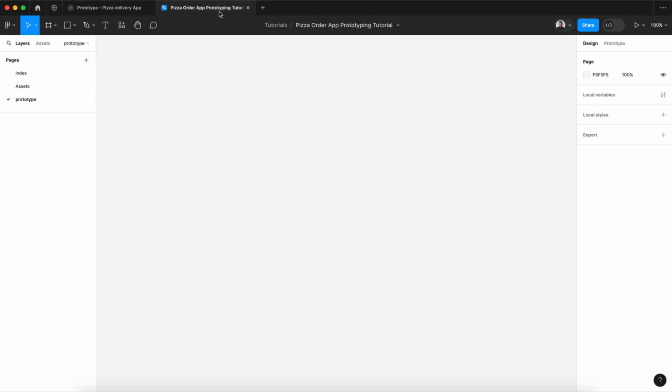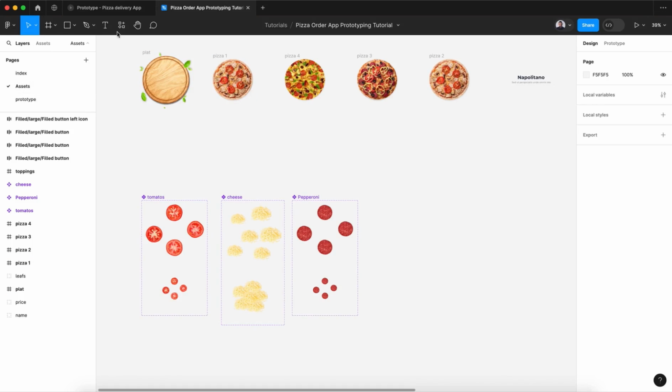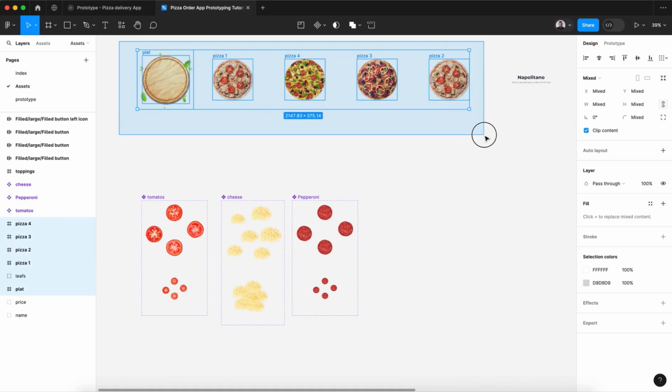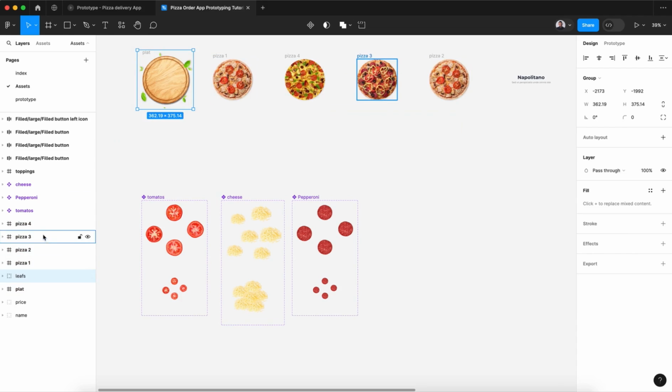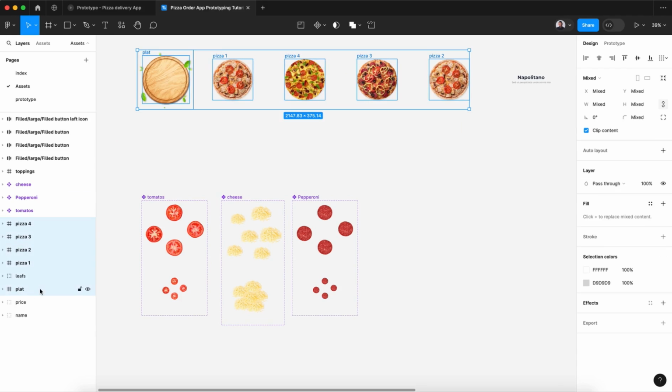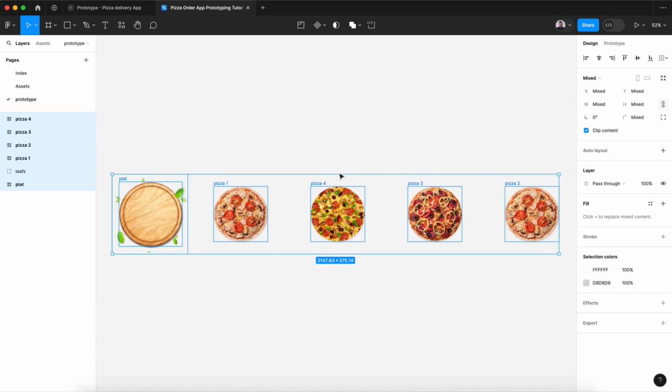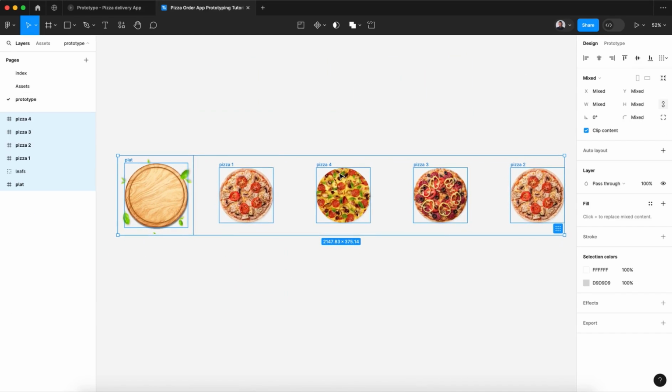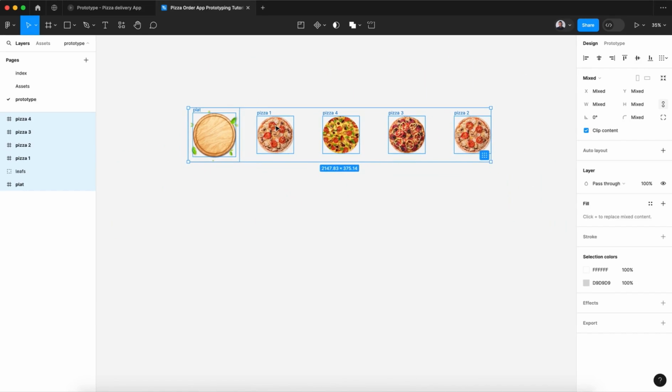All right, now to do that, let's go to my assets page and let's select the plate, the leaves, and all the pizza. Command C to copy and Command V to paste in our prototype page. Now I'm gonna create